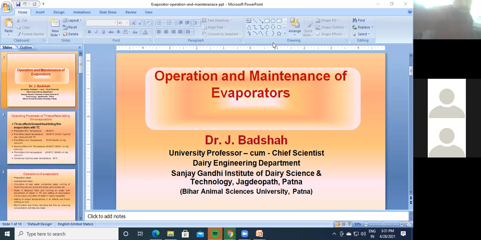Evaporators, you know, it is not a small thing, it is a big thing. It is running under vacuum, and it is not only single effect evaporators; multiple effect evaporators are being utilized. It has been found that evaporators up to 7 effects are economical, and generally in the dairy industry, evaporators of 4 to 5 effects are very common. Why are 4 to 5 effect evaporators utilized?